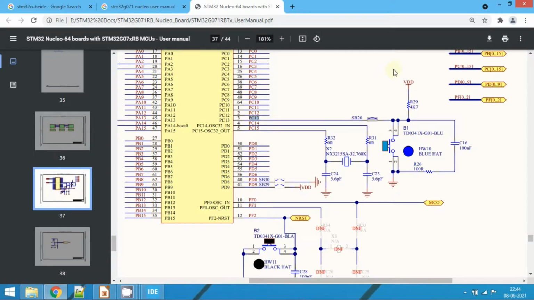And if you look at the connection, so without pressing the button, that means when the button is open, the VDD is going to the PC13, that is logic high. And when we press the button, because the current will choose the low resistance path, so we will get the logic 0. That means without pressing the button, we will get the logic high here. And by pressing the button, we will get the logic 0. Now we have to look for the logic 0 in order to detect the input from the user button. Now we know that this is connected to PC13.